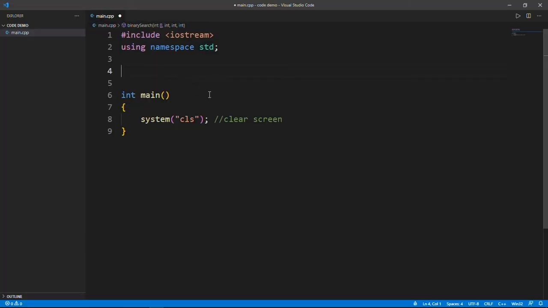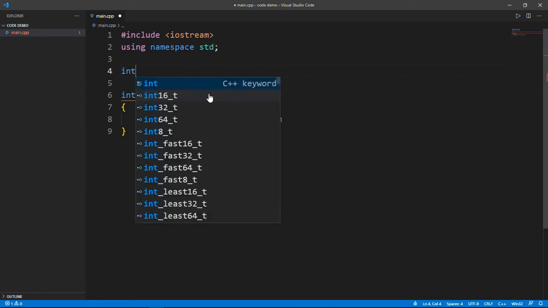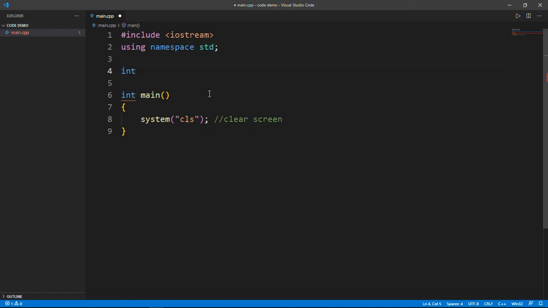Now we can write the actual algorithm. In this example, we will use C++ to demonstrate how the algorithm works. So now we will write the actual algorithm. First, the return value of the algorithm depends on you. In our example, we will return the index. So we will just make an integer returning function. Then write the name of the algorithm, which is binary search. Then in the parameter, we can pass now an integer array, which is a sorted array,